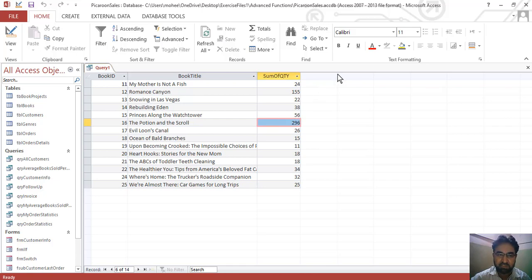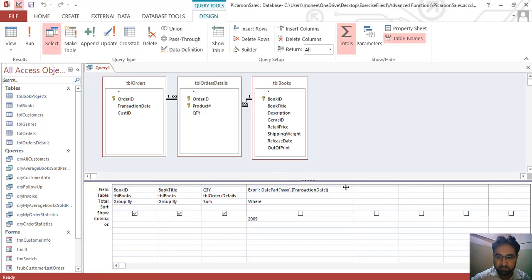Though we did not show the date field, let's add another field, and we want to see this data by the first quarter of 2009. Let's add the DatePart function, and here is "q", where q is for quarter, and we want that also from the transaction date.